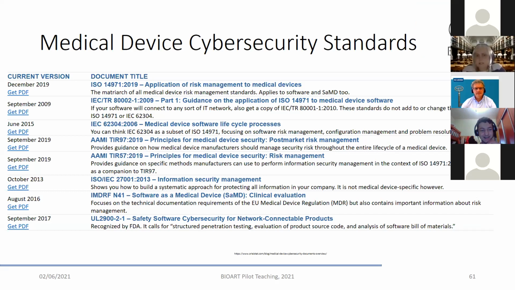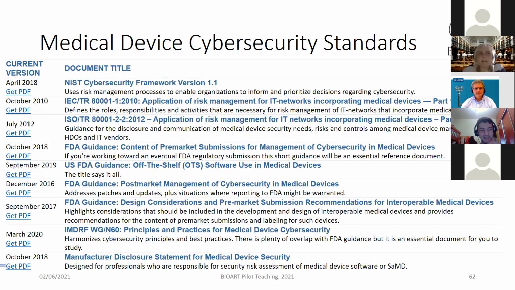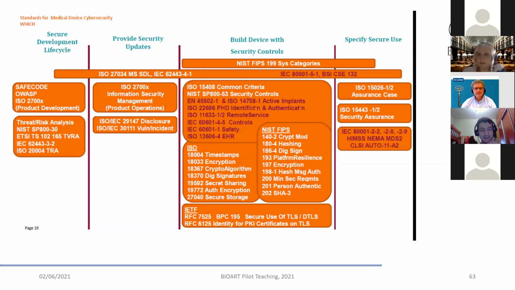From the following slides, I will not name them; generally we don't have time for it, but if you are interested, you could take this presentation. It is all here. For example, on this slide you can see a set of cybersecurity standards for medical devices, and here a set of standards.